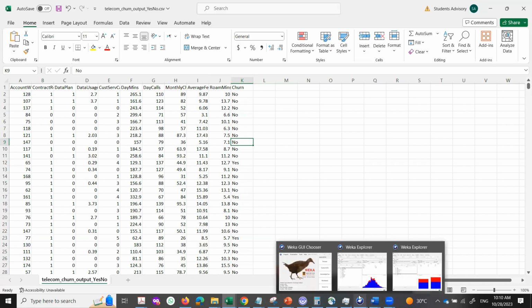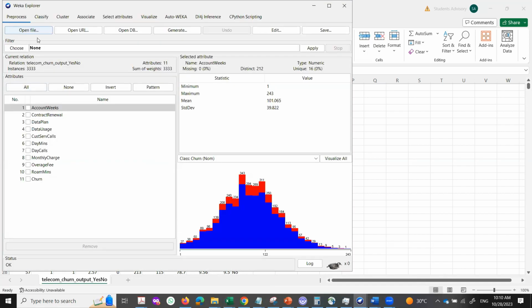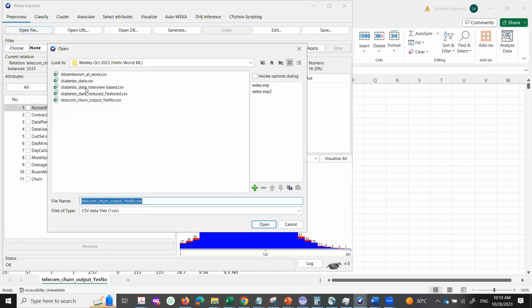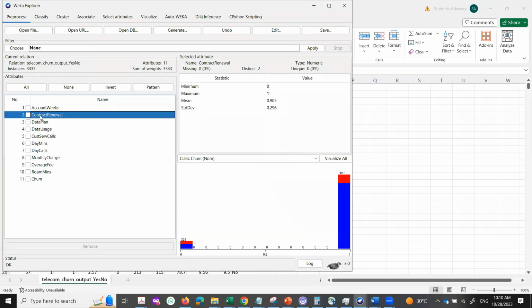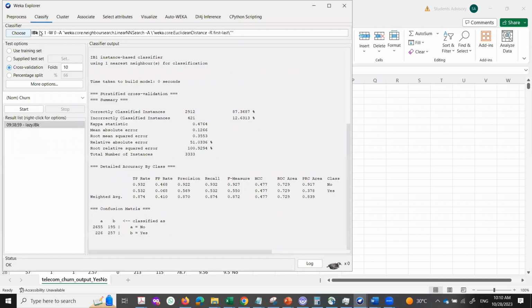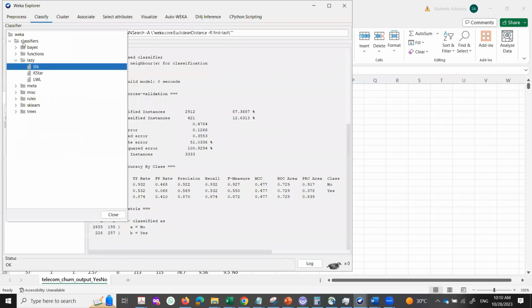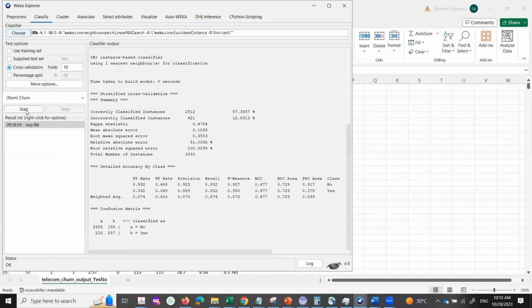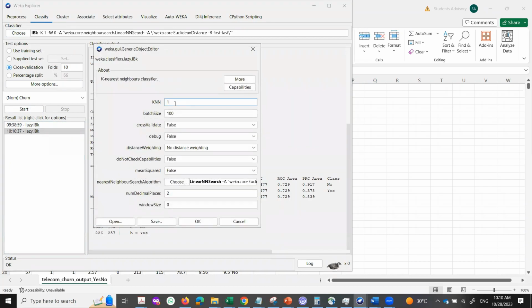So as usual also, we open our Weka, we open the data set. Yeah, this data set. I think this is here, telecom. So you can see these are here. So we go and we want to use the IBk also. We can run our model. So this is starting at 87%, 0.36. This is the initial one. Is it okay? Can we improve it by increasing